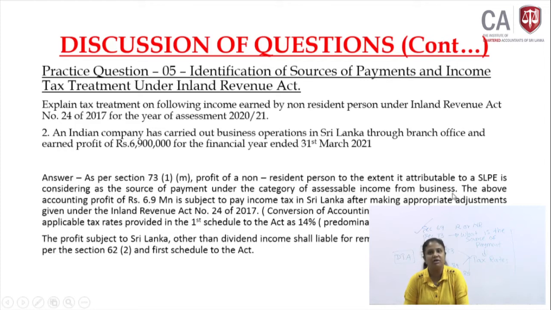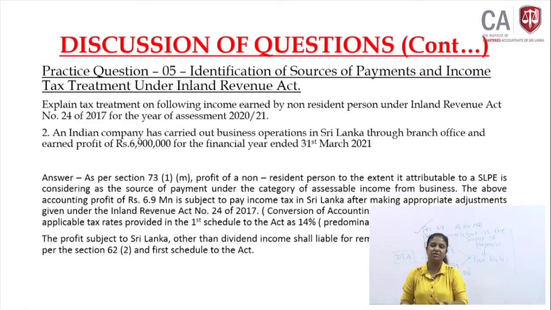Very directly you can write this answer. The above accounting profit of rupees 6.9 million is subject to income tax in Sri Lanka after making appropriate adjustments given under the Inland Revenue Act. For accounting profit to convert to business income,